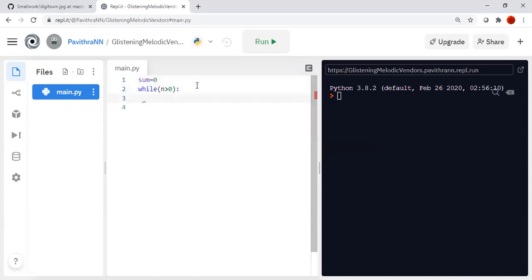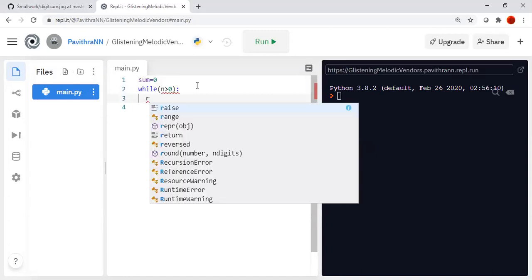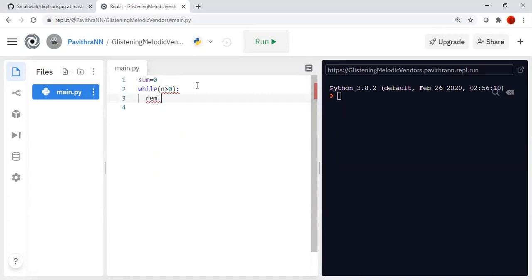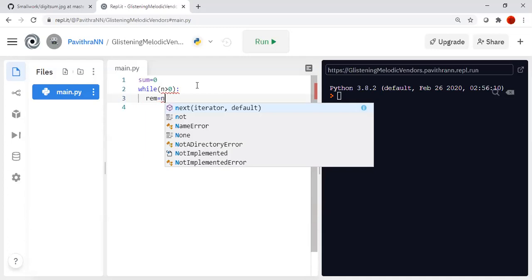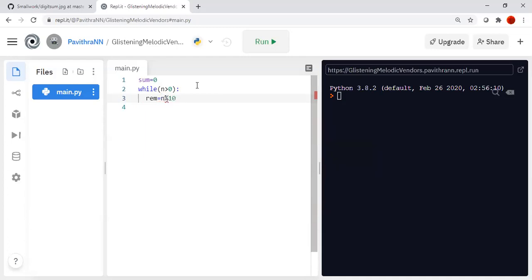After that, I have to find the remainder, so remainder equals n mod 10. Why am I doing n mod 10 here? For example, if 94 is my number, then 94 mod 10 will be 4.